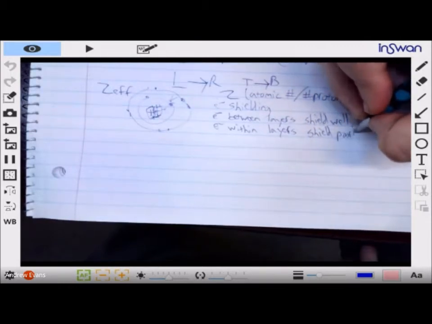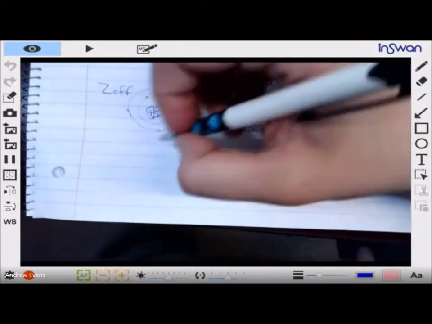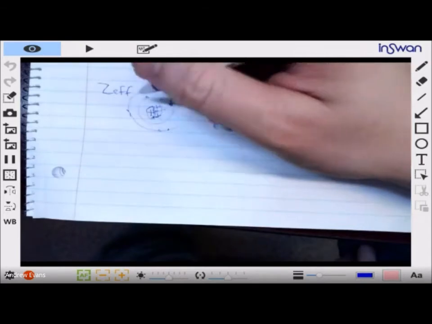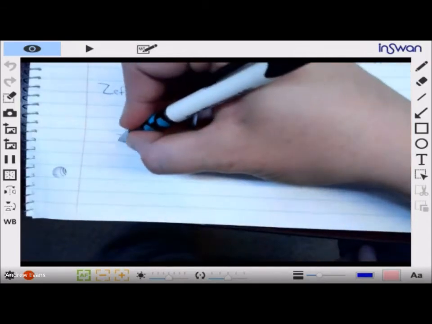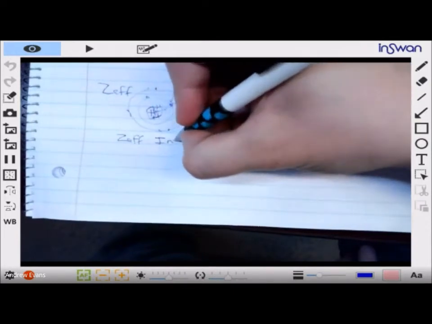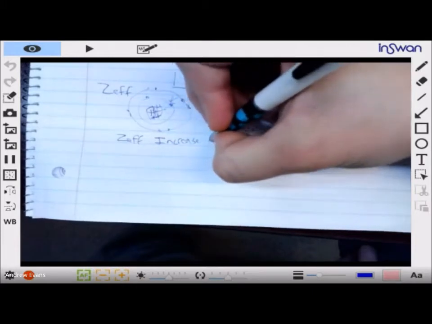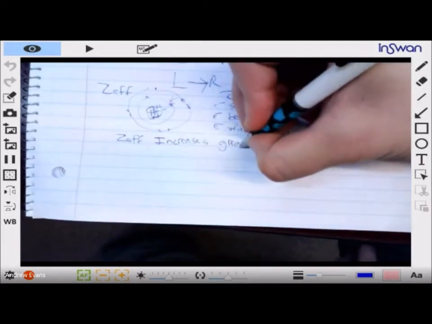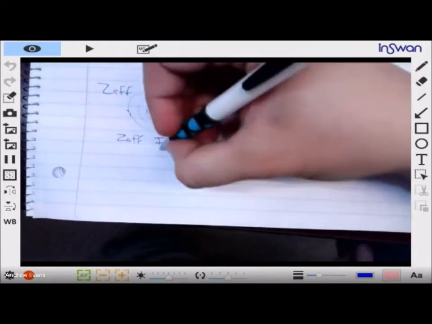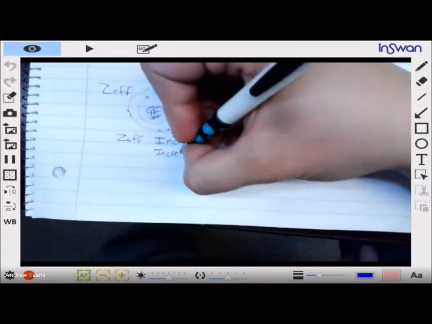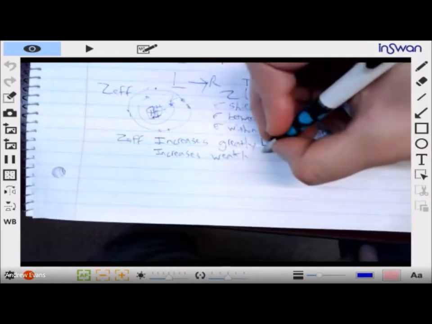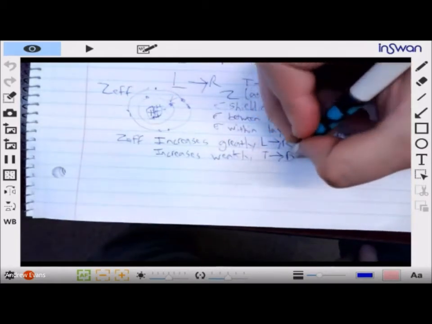And so we have a simple trend that the Z effective, which is the effective nuclear charge, the effective attraction that an electron in the outermost layer feels, increases greatly from left to right, and increases weakly top to bottom. It's going to increase going top to bottom, but